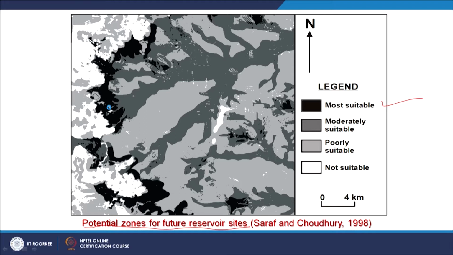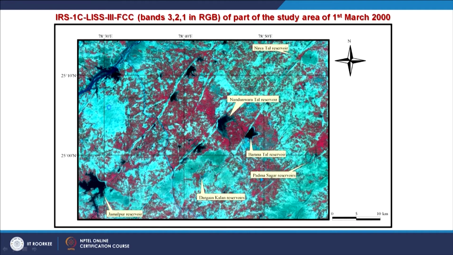The biggest advantage you can take is of already existing reservoirs and studying them: what is the submerged area, what is the benefit area, and then you design your weights for different themes. Now, we are still in the same area and exploiting something else. Here you can see a lot of small reservoirs are there.